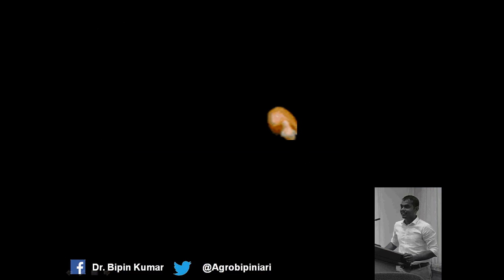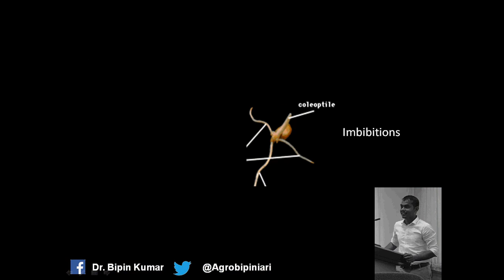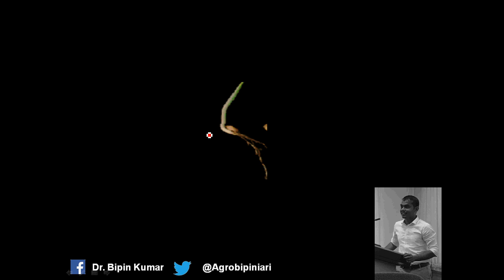Whenever you sow the seed in soil, it will absorb the moisture through the imbibition process, and there will be an increase in the volume of the seed, and that will lead to the bulge and emergence of coleoptile, radicle and simultaneously seminal and temporary root. And the role of the seminal temporary root is providing the nutrition at early stage of wheat seedling, and later on there will be the elongation of the coleoptile, and the coleoptile will determine the depth of sowing.